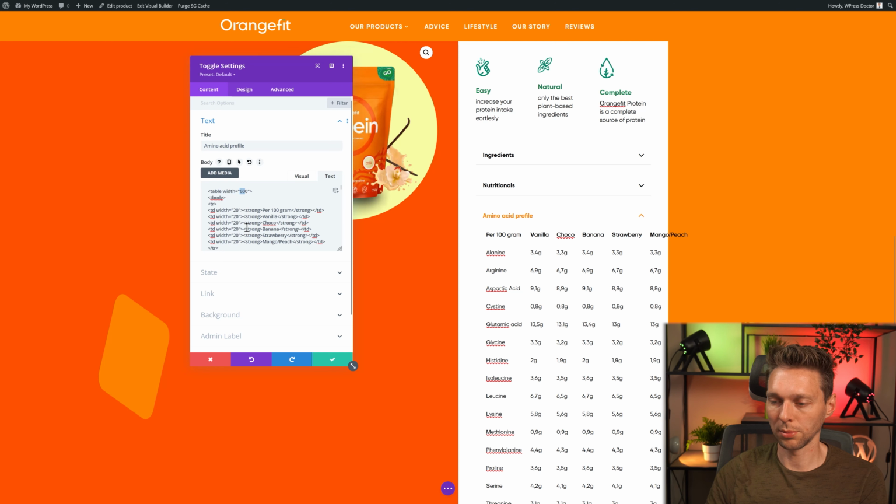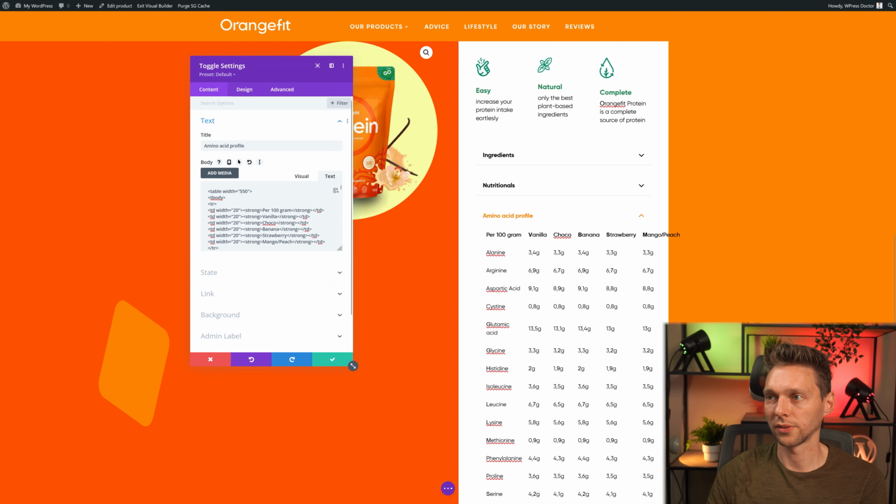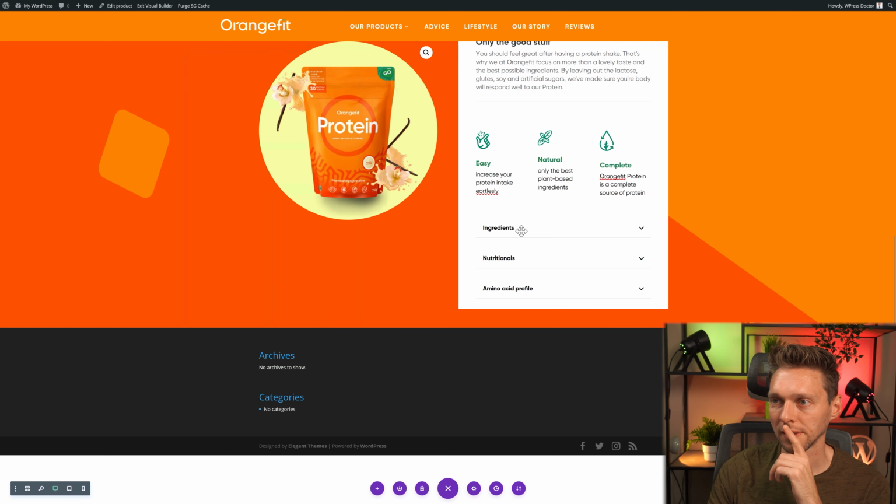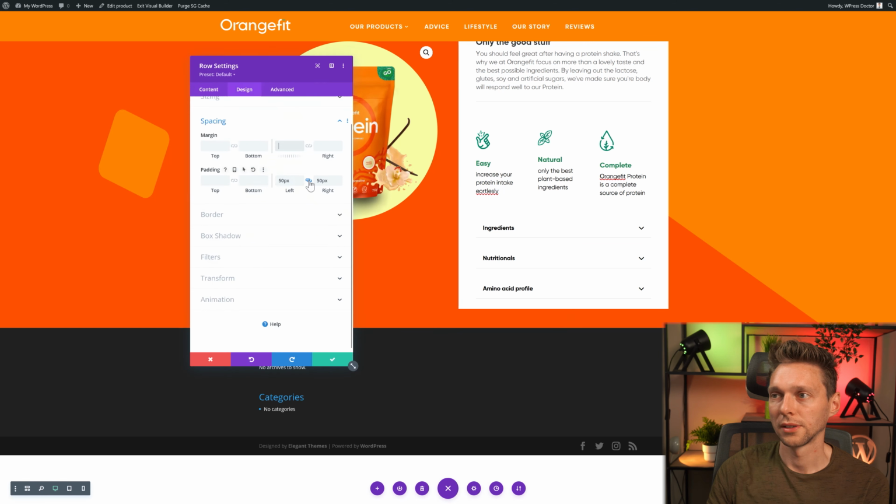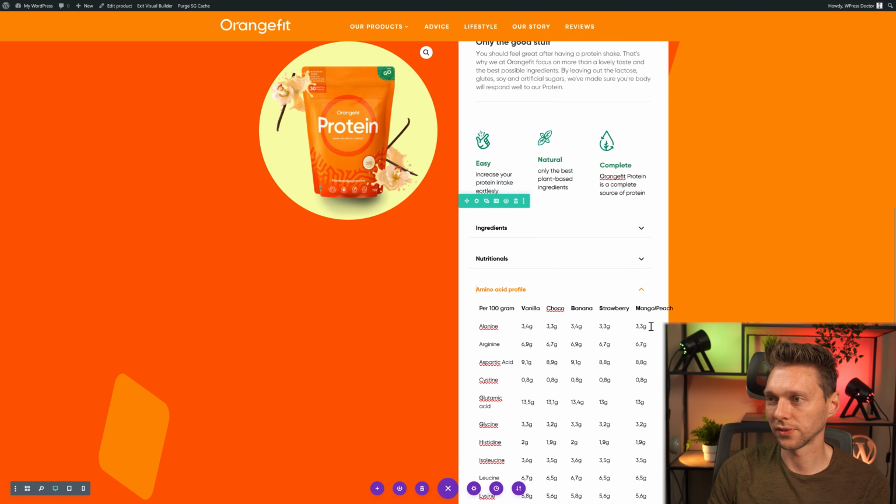Actually, I have to make the table width 550, maybe 500. Well, I can live with it. It's not perfect, but okay, we can live with it. And then we see that the sizing is off because these are way more to the left. So we go to the settings of this row and we're going to change the left padding to 30, is excellent. And what I think is now our problem is also fixed.